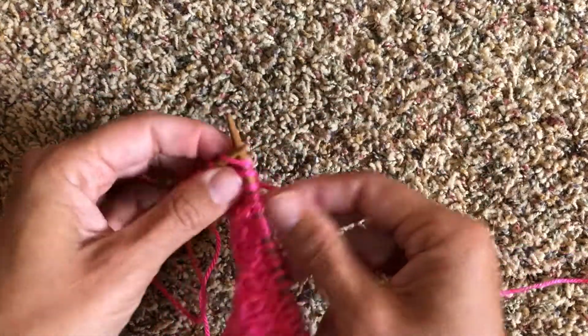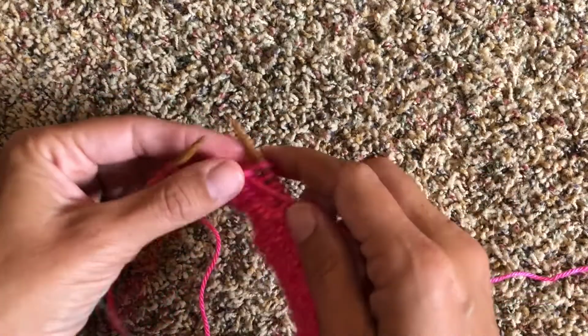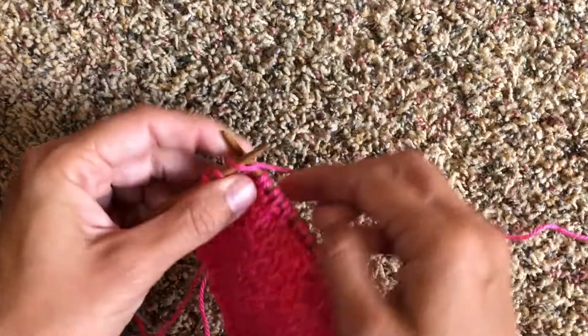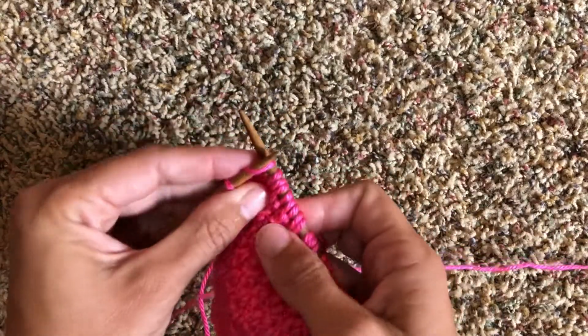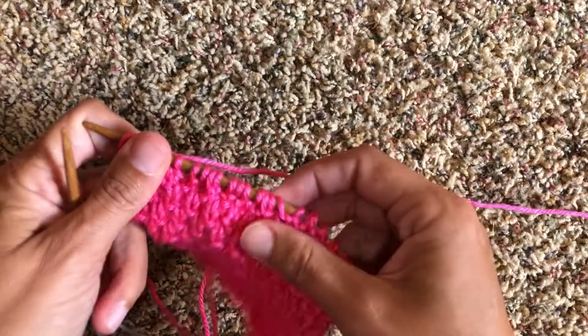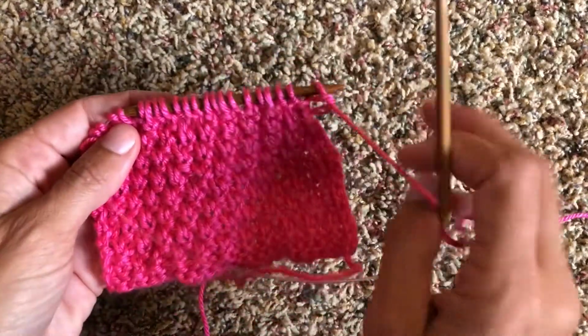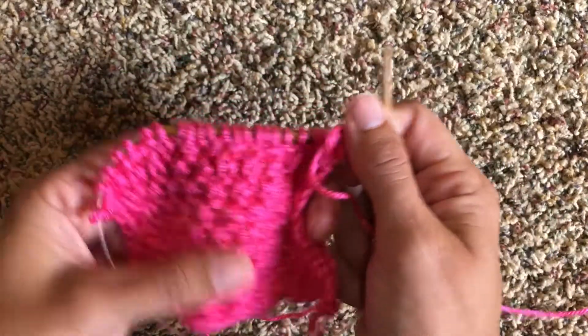Almost there. Okay, and those last 2 stitches, we are going to knit those because that's part of the edge. So that's row 3. Okay, and when you turn, now we're on the wrong side, which looks exactly like the